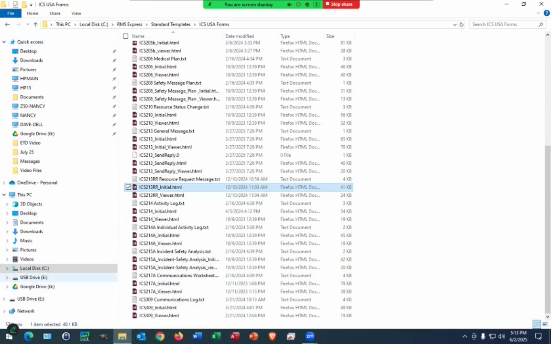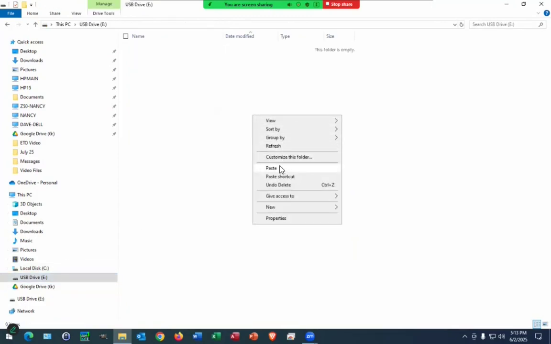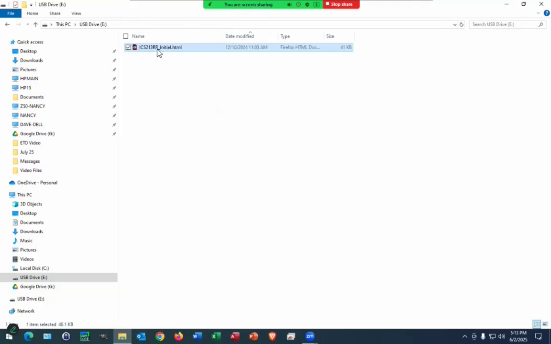We'll go to our USB drive. I had already put my USB drive in the computer, so it's showing up here. I'll open the USB drive, and we can either right-click and hit paste or hit Control-V, whichever you like. And now we have our 213RR form on our flash drive. So at this point, we want to eject the flash drive,